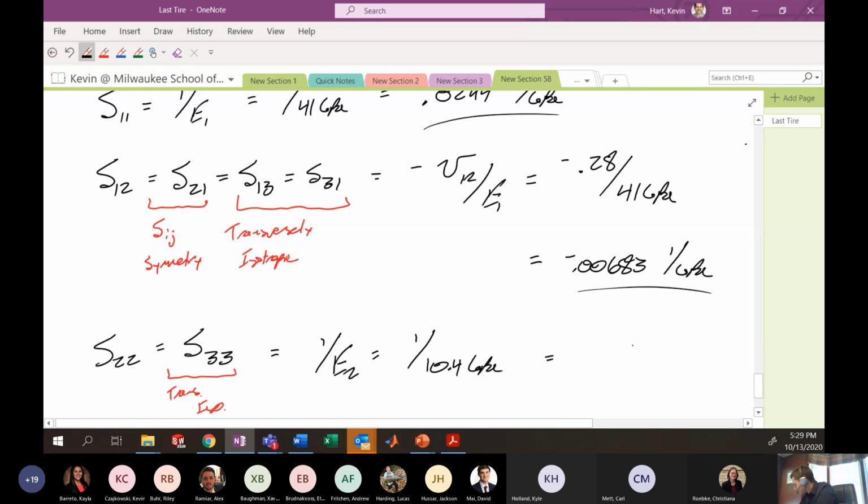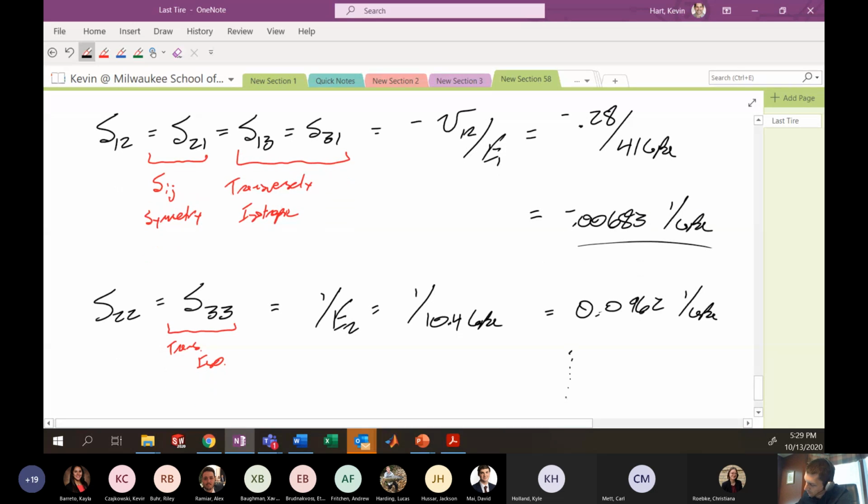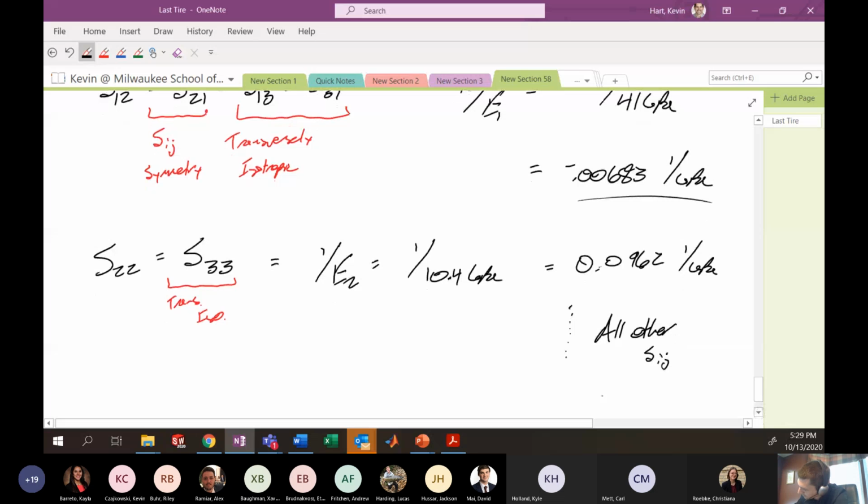So here calculating 0.0962, 1 on GPa. Okay. The point is we could make our way through all other Sij entries,